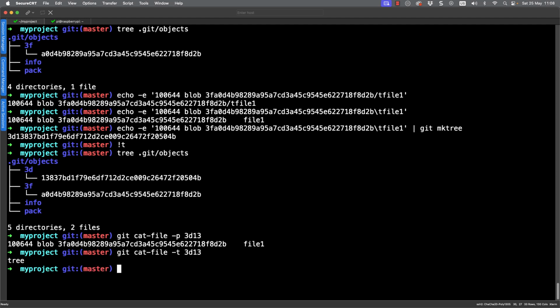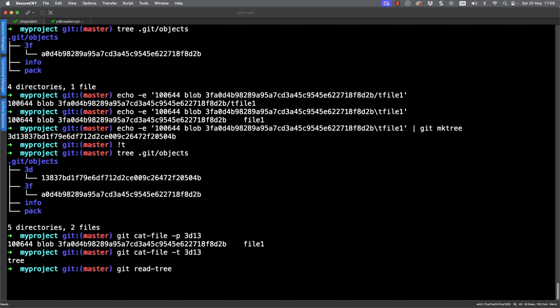But when we look at the type of object it is, we can see that this is a tree object compared to the blob object we were looking at before. So we've created a new entry within our directory entry table or tree by creating a tree object that points to my original file. But everything is still only within the Git file system.